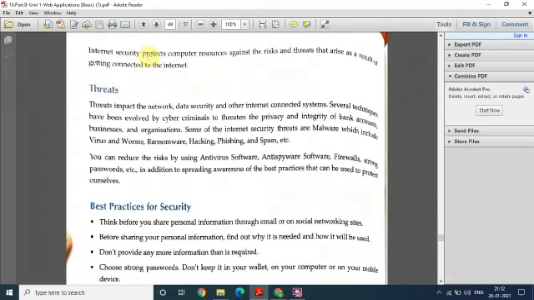So this all is about internet security. Simply you can say that internet security is going to protect the computer against the risks and threats. Okay. Now what are threats? These are going to impact the network, data security, and other internet connected systems. Fine, there are different techniques through which the data can be affected. It can be stolen, it can be modified, it can be misused. Fine, so these are the different practices, like with the help of virus, worms, ransomware, hacking. ठीक है, तो इन सब से we have to protect our data.